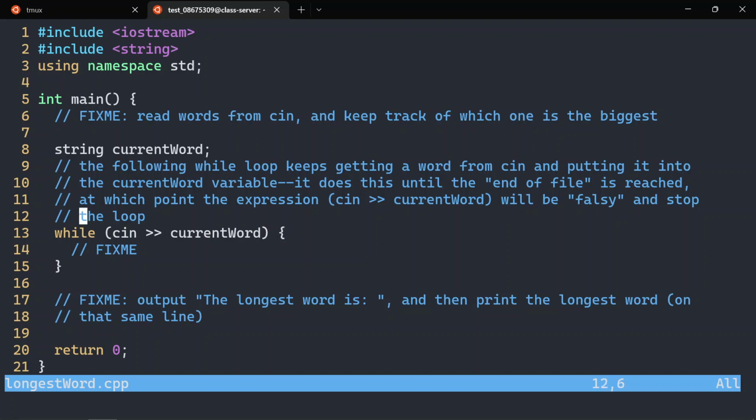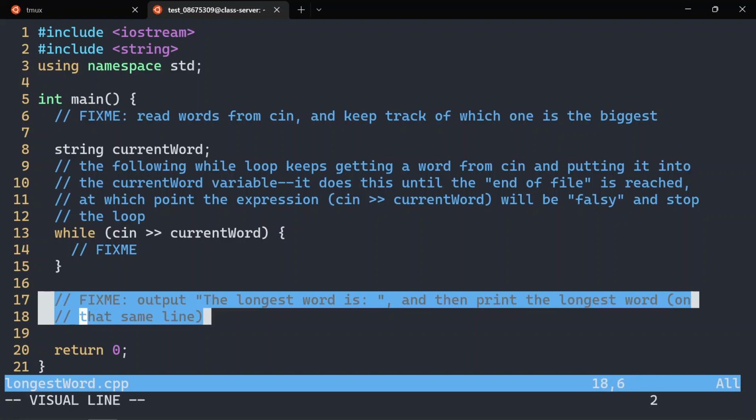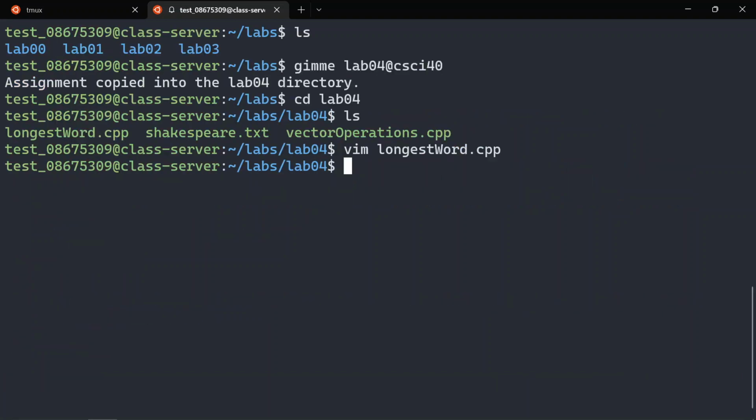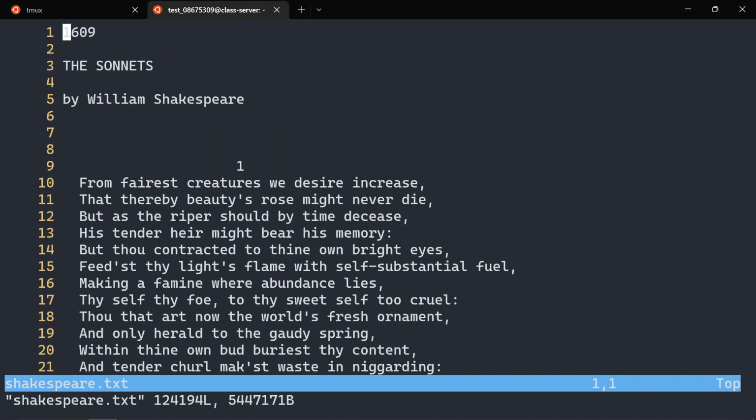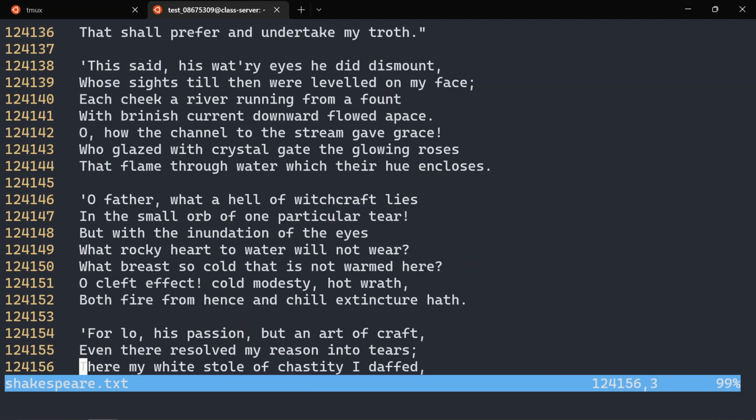Because yeah, it's kind of like a maximum question, right? You're finding the maximum length word, and then you'll print it out. Make up your own files. I gave you one. I'll be testing you on more than just one. But here's the entire works of Shakespeare, starting with his sonnets all the way down to whatever the last